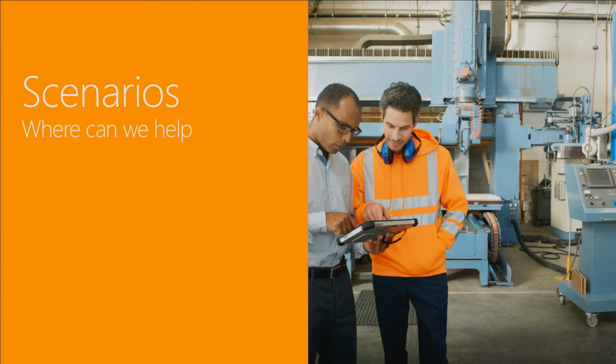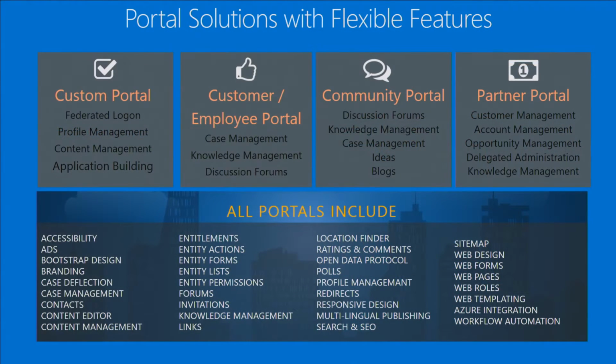Now, some of the scenarios. So that's sort of the basics of what the portal does as a framework and the types of things that you can do once you get any portal. What are the portals that we ship, and what kind of scenarios are we trying to implement here? So we actually have 5 portals. I'm going to go from left to right. The reason why is we're actually building on top of them. So everything on the left is sort of the core of it, and then the right has everything, all the applications that are on the left pretty much as well.